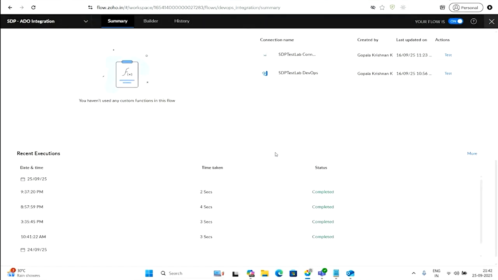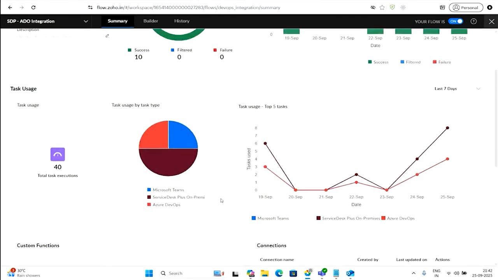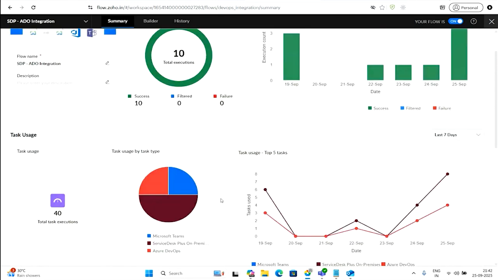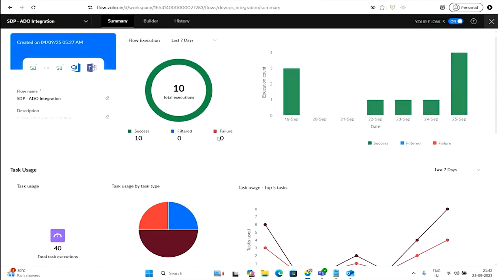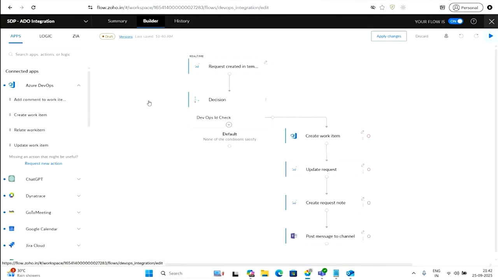For example, just now I have made use of this particular Zoho Flow, and I can see that it completed within 2 seconds, or under 5 seconds. With the help of this integration, Zoho Flow acts very quickly, and within a few seconds the integration and the flow get completed. And to know where we have built this flow, under the Builder section, I can see the entire workflow